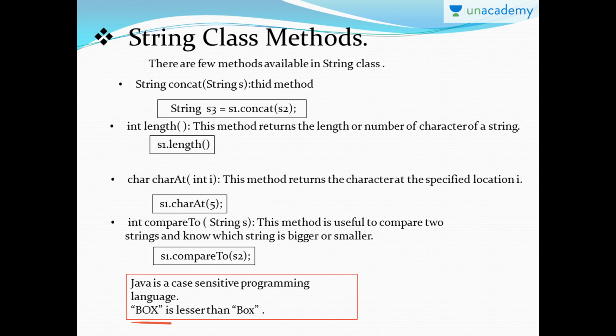So I have to tell you that in Java, though you mention capital letters or small letters, it should be very specific, because if you write in capital letters, that is considered as one string. You write in small letters, that is considered as another string. So Box is less than box, all this is capital letters, so the value of this box is lesser than this, when you have to understand that Java is a case sensitive programming language.